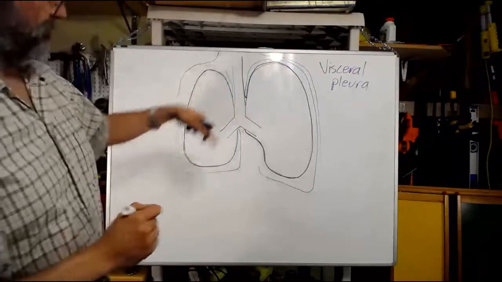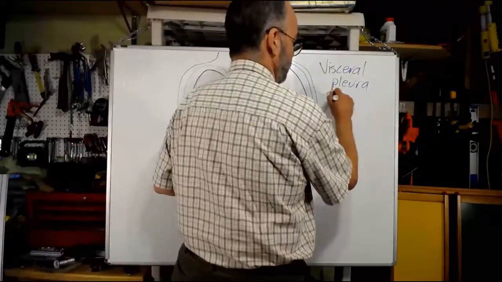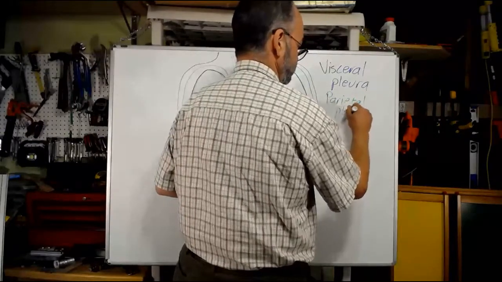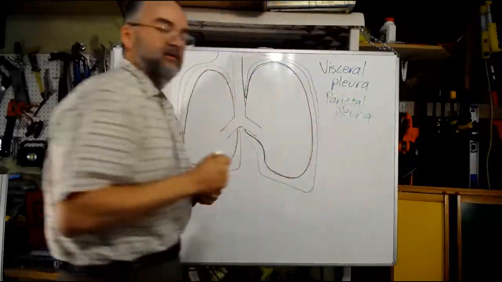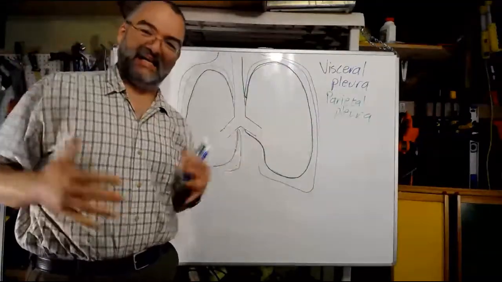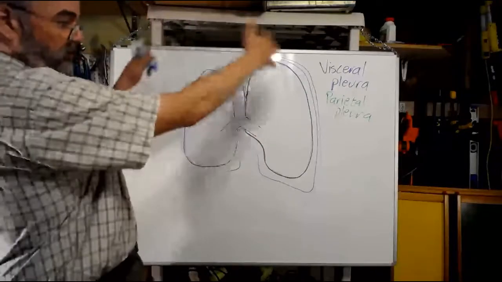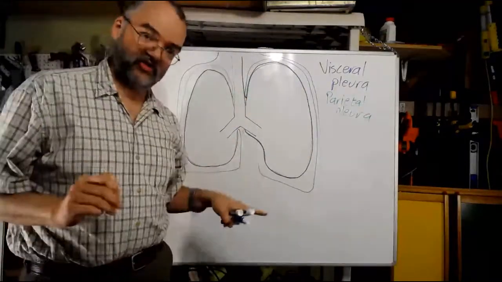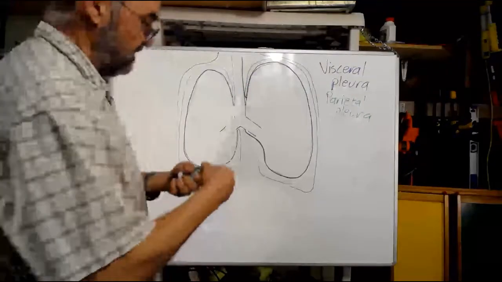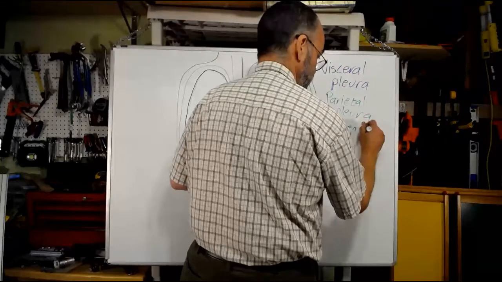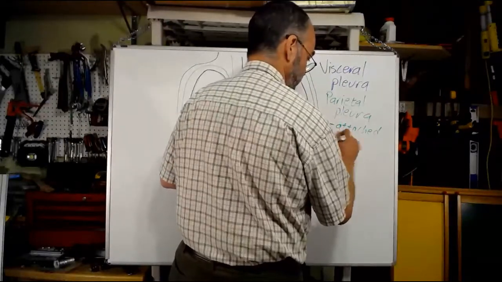That outer membrane is the parietal pleura. So the parietal pleura, parietal means sort of wall or side. So this is the pleura on the wall. Whereas the visceral pleura is attached to the lung surface, the parietal pleura is attached to the body wall,